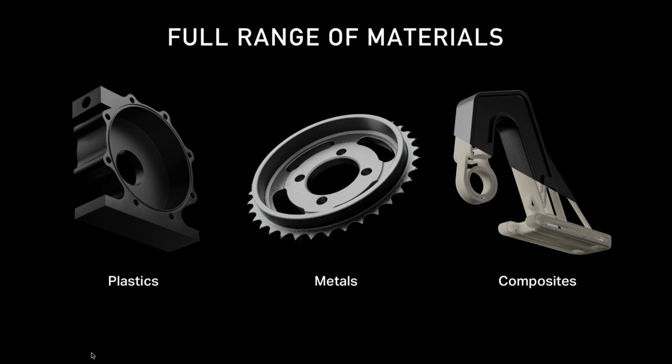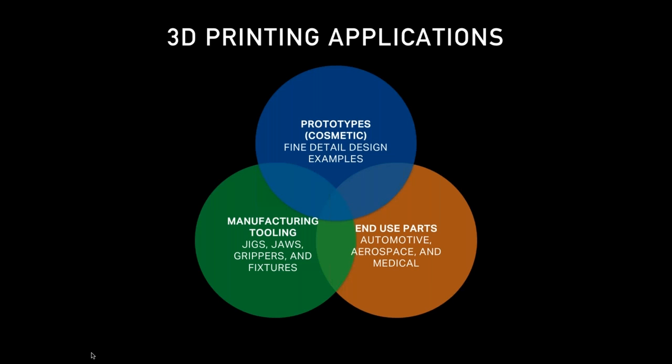We're the only company that offers the full range of materials, and that goes from plastics to metals to composites, and that's resulted in a new way to print parts, a new series of parts that can actually be printed. And it turns out that strength actually matters a lot to your part. When you're using a printed component, often the inability for it to survive or be strong enough is an inhibitor to use. And so we'd like to tell you a little bit about application spaces and why Markforged unlocks